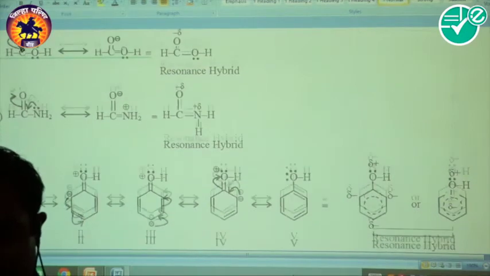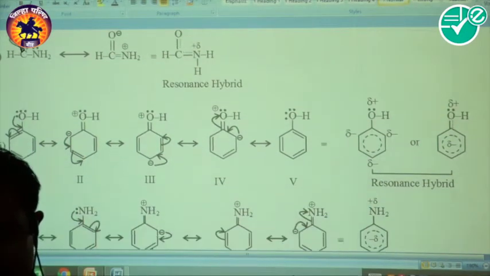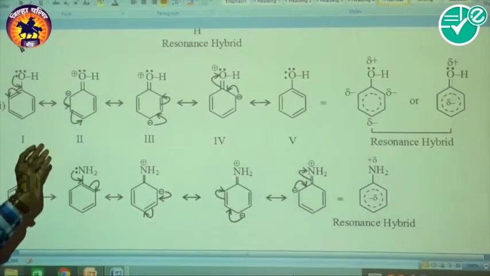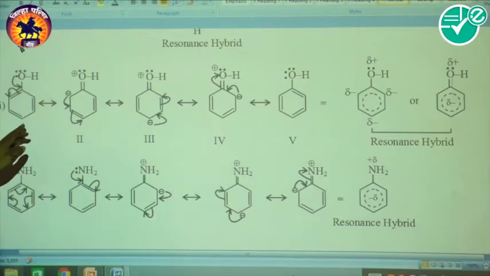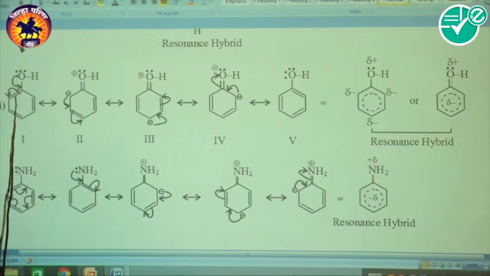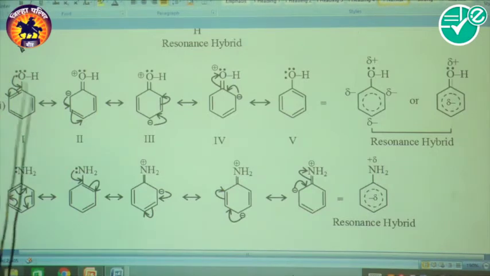Okay, another well-known example, this one. We already learned about aromatic compounds. Look at what happened: the lone pair is converted into a bond pair. This carbon already has 4 bonds, 1, 2, 3 and 4, but the lone pair is to be converted into a bond pair, so this bond is to be shifted. We know that carbon does not have the tendency to form a 5th bond.